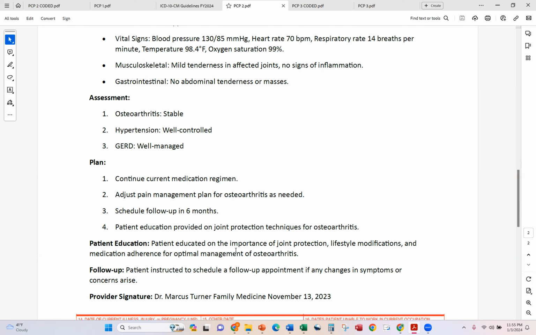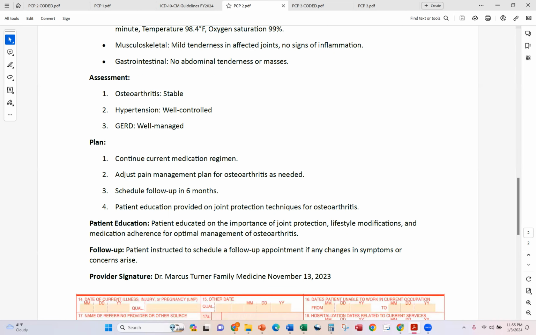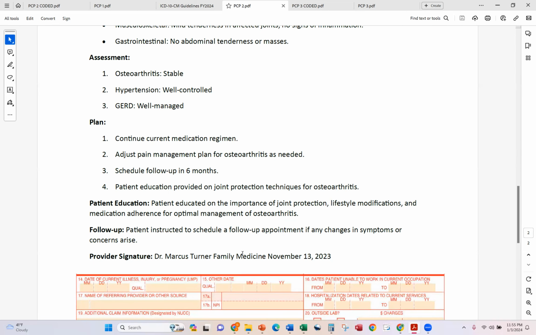Again, patient was instructed to schedule follow-up appointment if any changes in symptoms or concerns arise. And this is signed by Dr. Marcus Turner, I apologize.